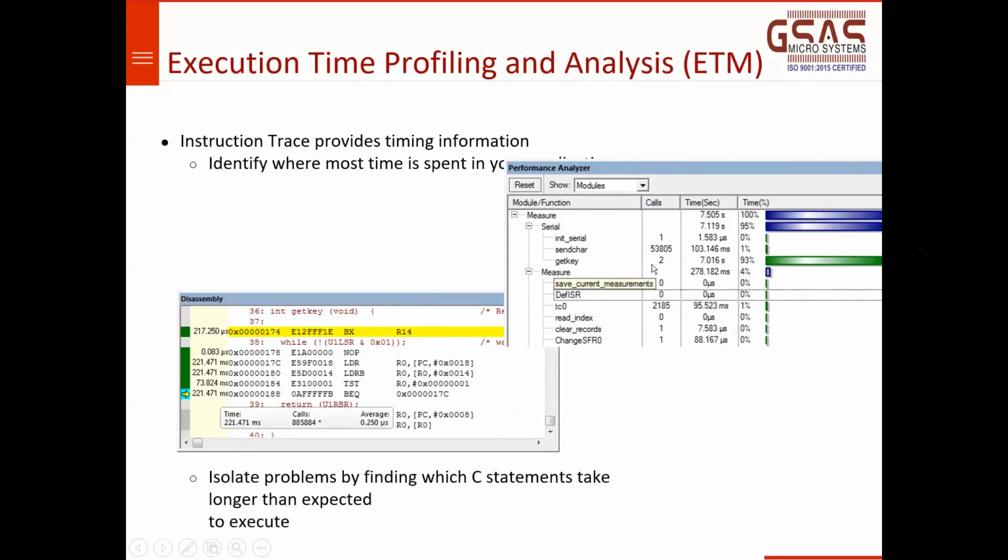tells what is the time taken by the processor in real time for the execution of a specific function in your program. Okay, so this performance analysis just tells me the time taken for the execution of a specific function, but it will never tell me that within that particular function there may be a few statements where the processor is spending time unnecessarily. Maybe it's in some infinite loop or doing some delay or whatever it is. So to drill down to that information, we have